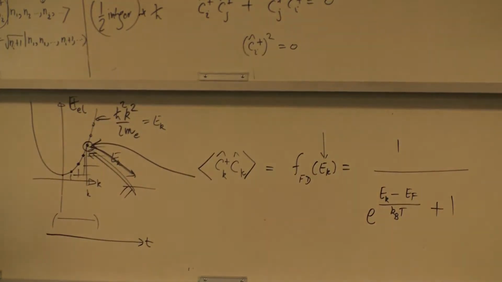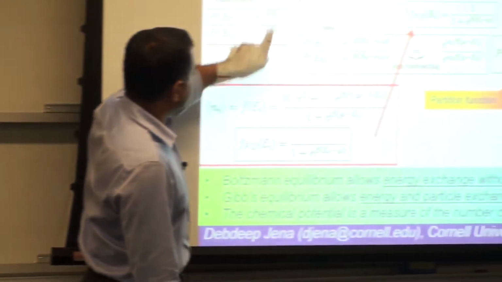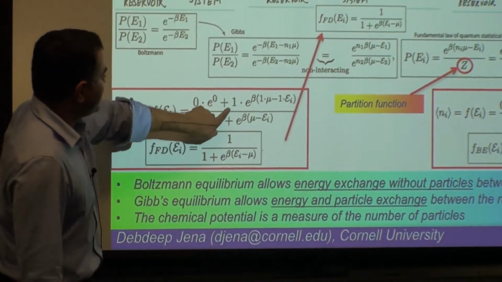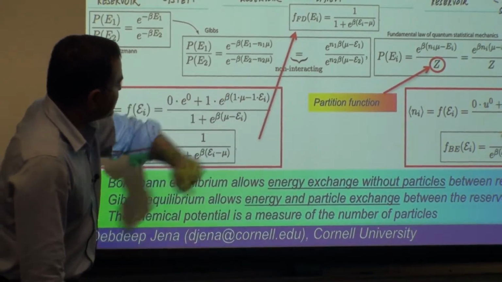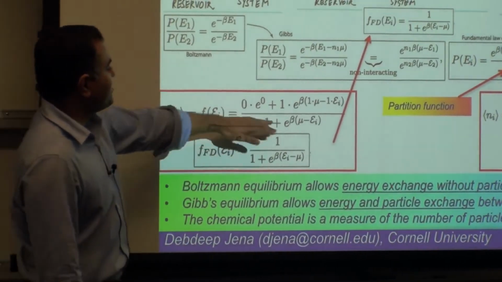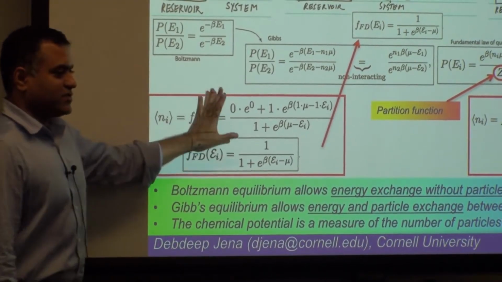So this is the average, in the sense I mentioned just now. And to derive it thermodynamically, it's actually pretty straightforward. To find the average occupation number, if I have 0, its probability or Boltzmann weight is 1, plus if I have occupation number 1, it's e to the power of minus beta times its energy, and you divide by what's called the partition function, and you get this result in one step. So that's for fermions.